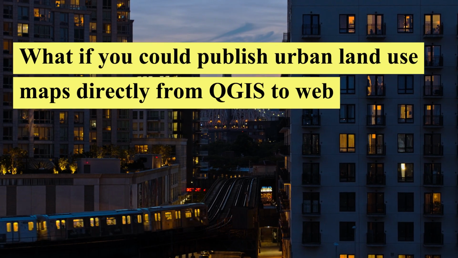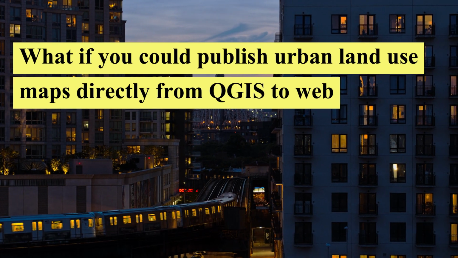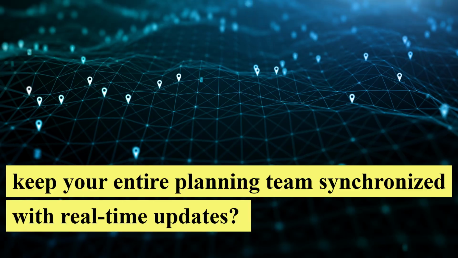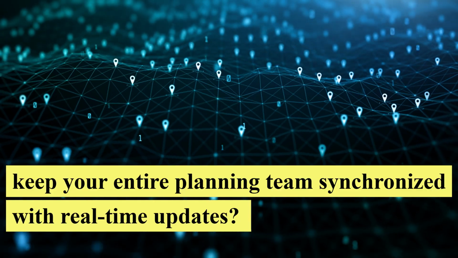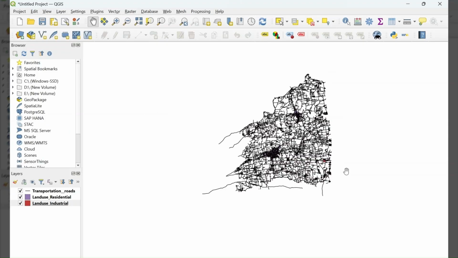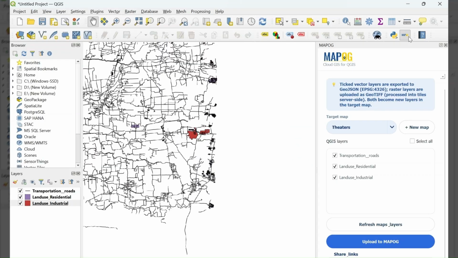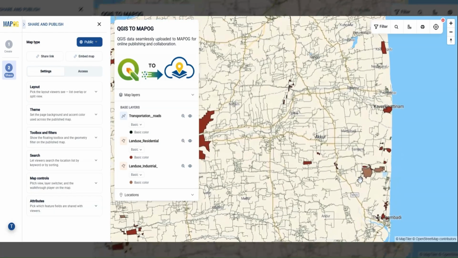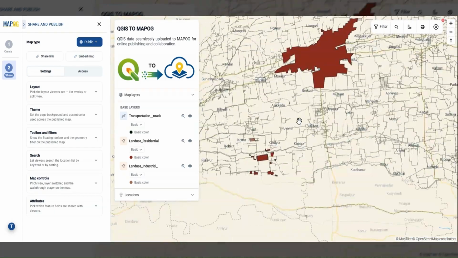What if you could publish urban land use maps directly from QGIS to web? And keep your entire planning team synchronized with real-time updates? With the MAPOG QGIS plugin, publish urban land use maps from QGIS, sync updates automatically, and securely share interactive maps